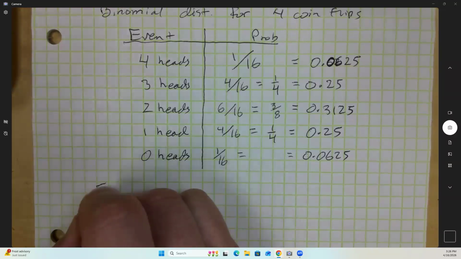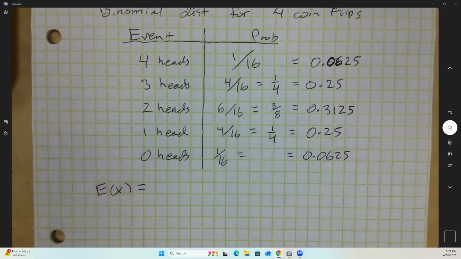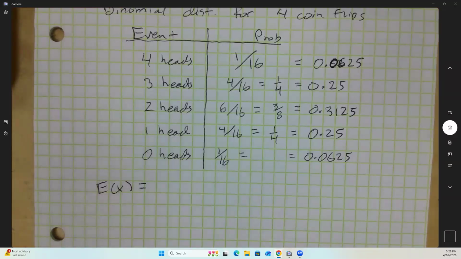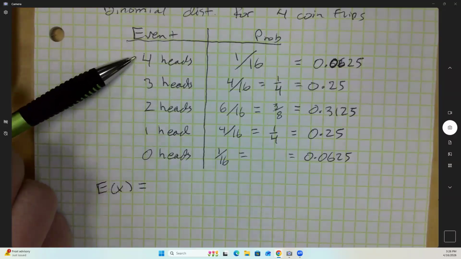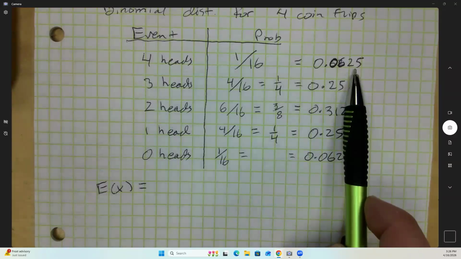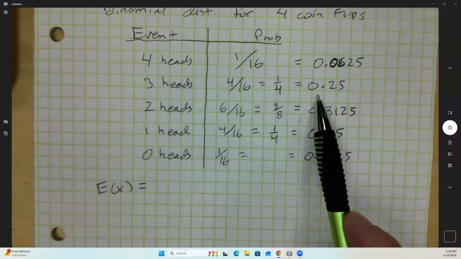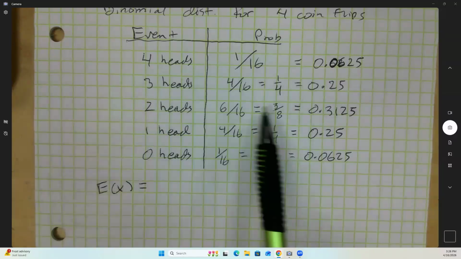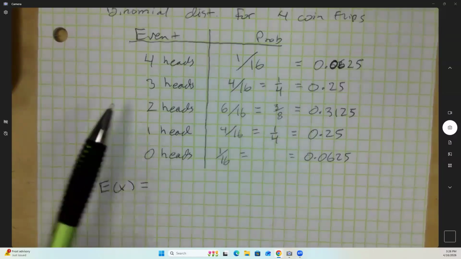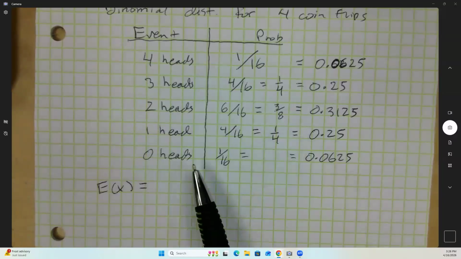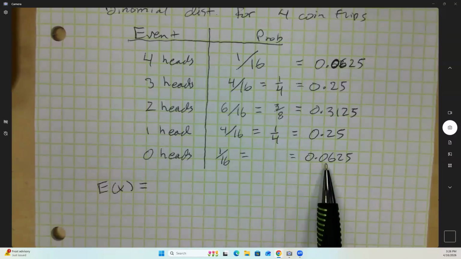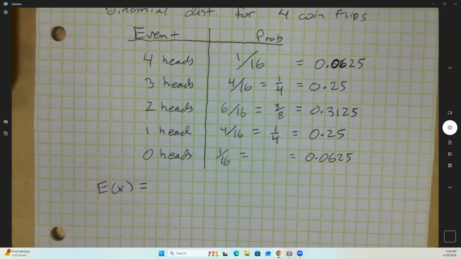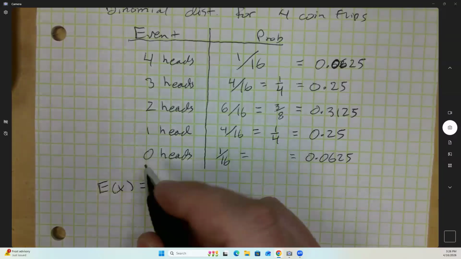What's the expected value of this distribution? There's a couple different ways to do this. You could do it by taking 4 times 0.0625 plus 3 times 0.25 plus 2 times 0.375 plus 1 times 0.25 plus 0 times 0.0625. That could work. But the expected value is also the mean,